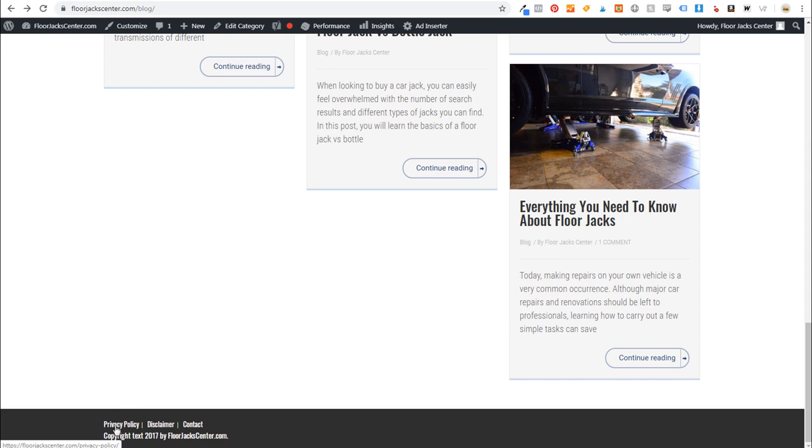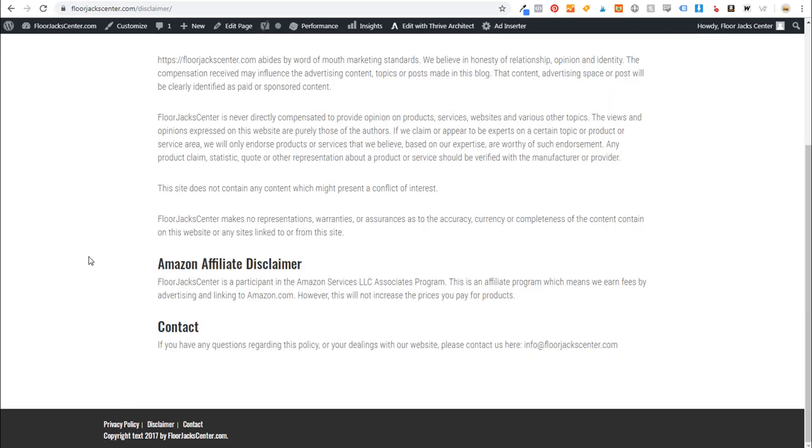I need to add the about page for this website, but if I just click on disclaimer, you can see here, Floorjack Center is never directly compensated to provide opinion on products, services, websites, and other topics. There's an Amazon affiliate disclaimer. So just making sure that people understand that when they click on links on your website, they might end up going to an affiliate link where I will receive a commission if they purchase something from that website. You can also see contact here. If you have any questions regarding this policy or your dealings with this website, please contact us here. So I'm going to have to update some of these emails and contact information on this website. The last thing I need to do is add an about page, but these 4 pages are really